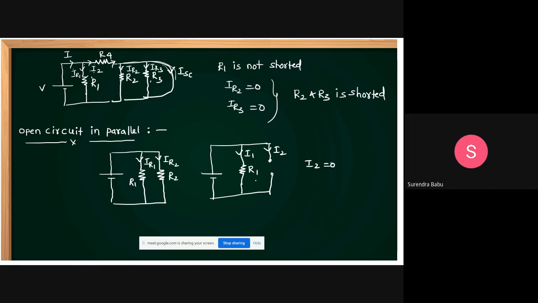But the current is passing through R1, and there is no damage to this R1, students. R1 operates normally. These are the observations with respect to open circuit. The voltage across this resistance is V only, because in a parallel connection V remains equal. If this is V, the voltage across this resistor is V, and across the other resistor is also V. Here I2 equals 0, but there is a current through R1, and it cannot damage. It works normally. That is the point to remember.